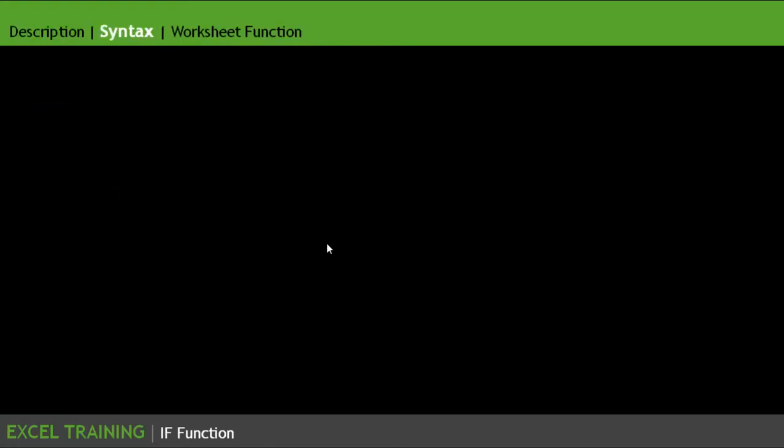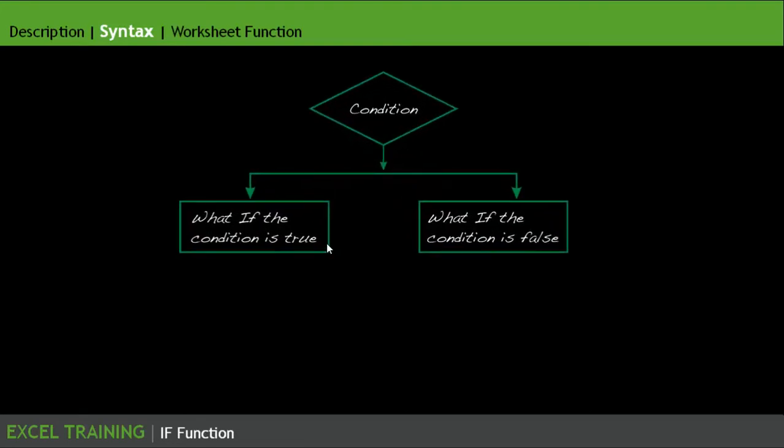Let us look at the description in a diagrammatic form. In the Excel IF function, we basically evaluate a condition here, and according to Excel, any condition can have only two outcomes. Either the condition will be true or the condition will be false. We give a value that should happen if the condition is true, and what should happen if the condition is not true. That means the otherwise part is given as the third parameter of the function.